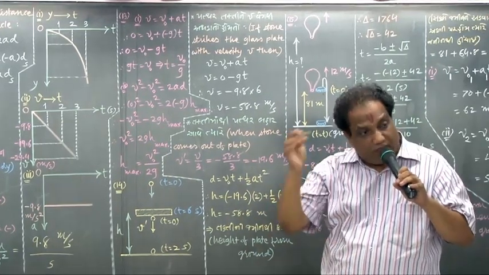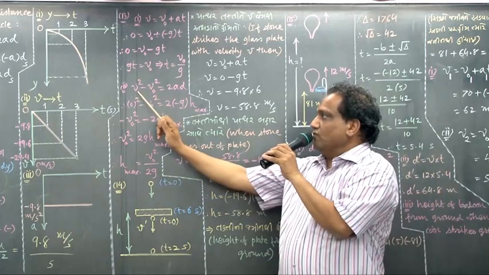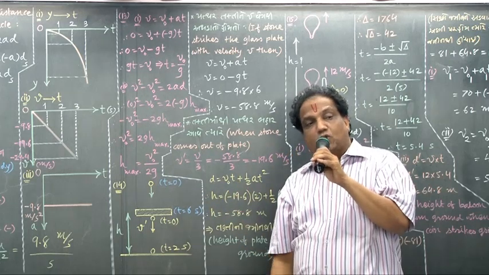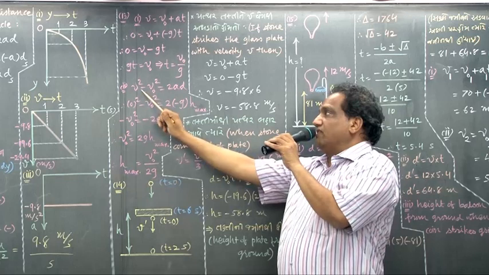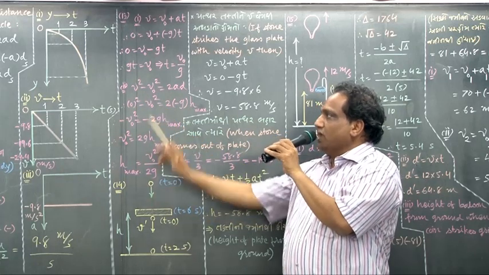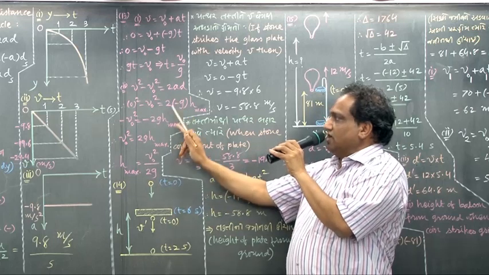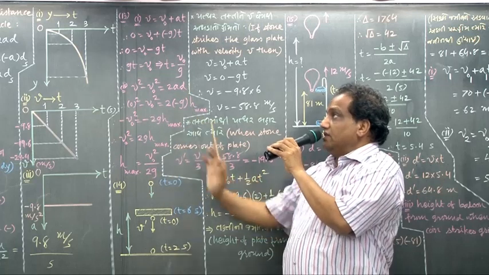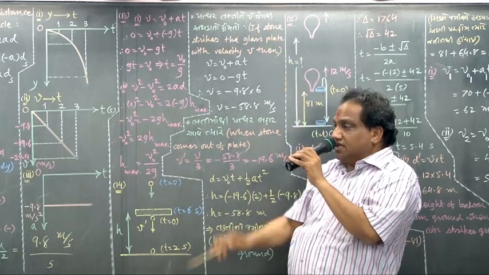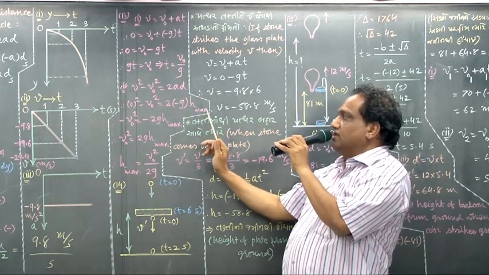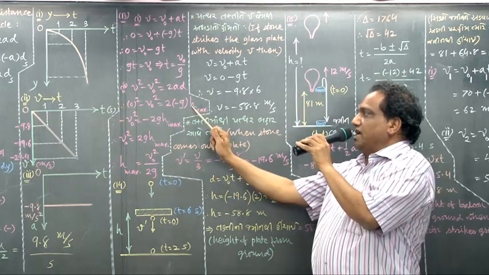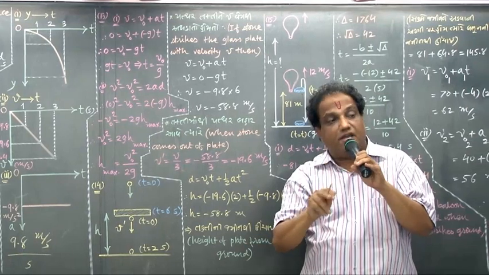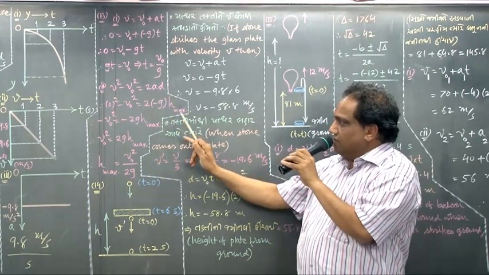Now we are asked to find out the maximum height. I'm showing you. V square minus V0 square equals 2AD. At the point of maximum height, what is the final velocity? 0. The final velocity is 0. Minus V0 square as it is. 2 as it is. What about A? A equals minus G. And instead of D, the distance traveled vertically upward at the point of maximum height is equal to the maximum height. In the textbook it is written H, but better you write H maximum. It is not simply height, it is maximum height. So instead of D I am putting H maximum.